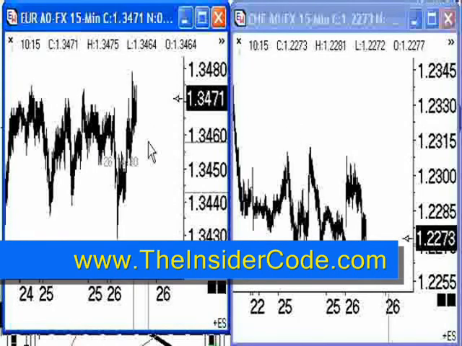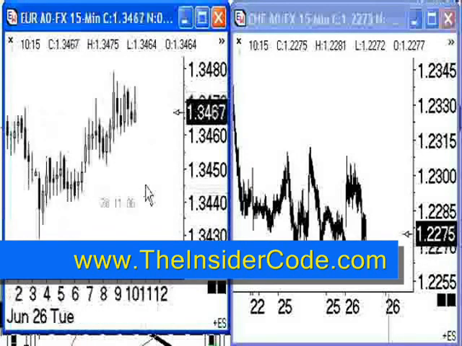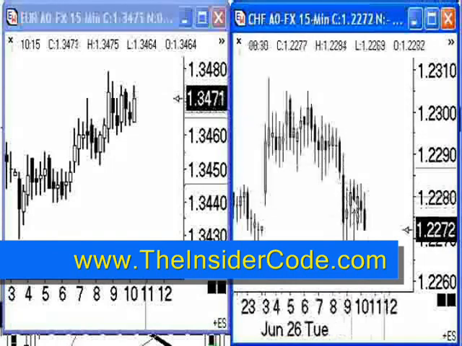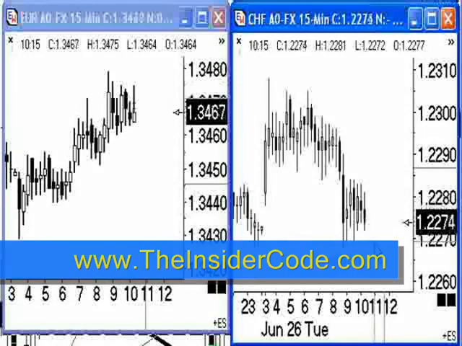Okay, so you can see the report came out, and there's just not a lot of action here. If I zoom in, you can see that the Euro looks like it's trying to go up, which means that the Swiss is going to look like it's going down. Again, this is once the numbers are out and you're observing them and you can see